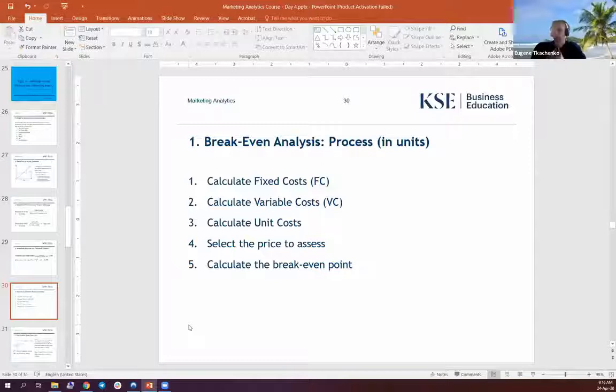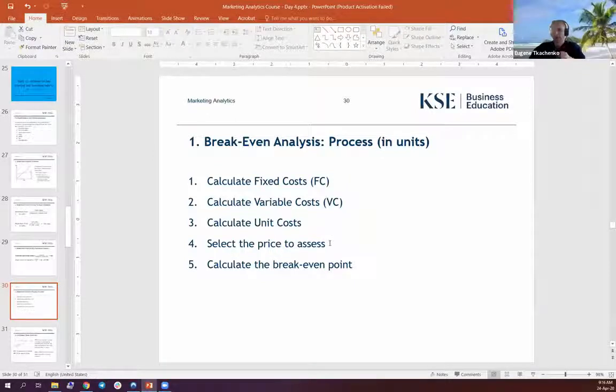The way to calculate the break-even point in units is basically the same as the calculation in dollars. You just need to know which methodology you will use, but overall, the methodology is the same. You start with calculating fixed costs, anything which is fixed over time. We will talk about it during our assignments. Then you progress to variable costs. Once you get the sense of variable costs, you calculate the total unit costs, so everything related to the packaging, to the production, manufacturing, etc.